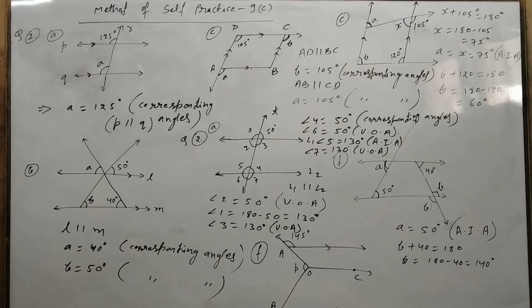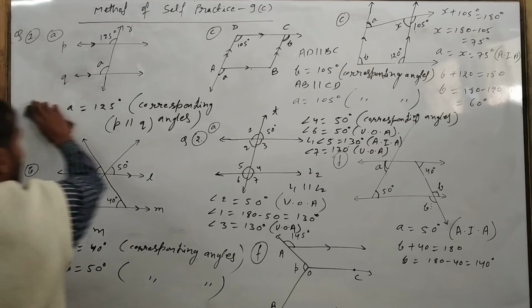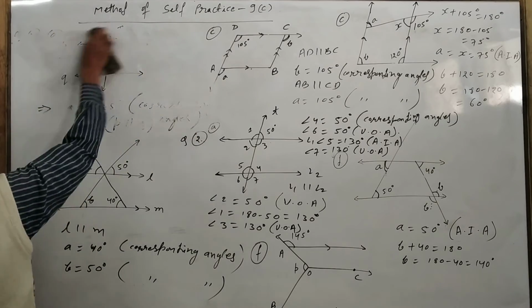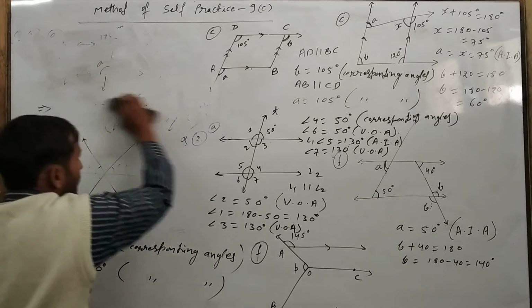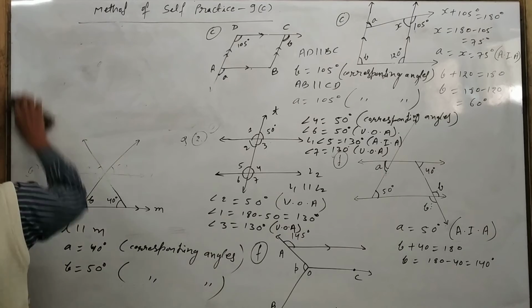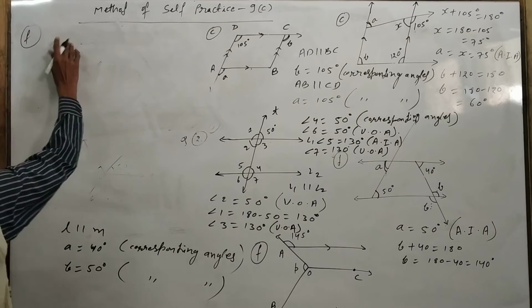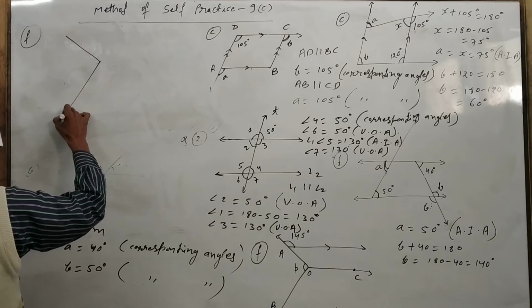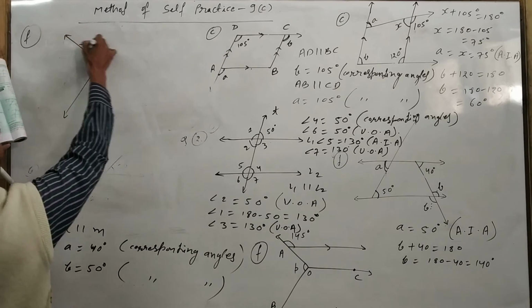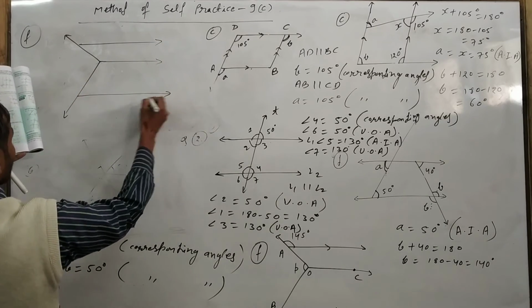Now the E part I have left for you. Just try it yourself. F part, just see, the diagram is given in the F part, or I will draw it here, then you can see clearly. So again we will use alternating interior angle and corresponding angle. These are the properties we use in the F part also. Here three parallel lines are given. So in the F part, this type of diagram is given. This one is the transversal line maybe, and this one is a parallel line, and this one also forms a parallel line, and this one also forms a parallel line.